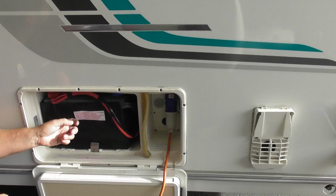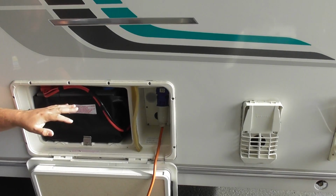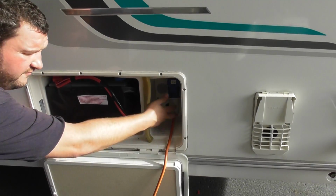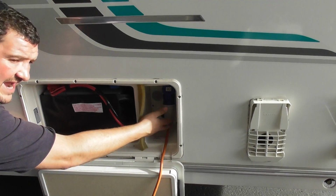There's your battery. So this is your brand new 105 battery, all in, fitted, ready to go. How the caravan works is most of the systems are run off the 12 volt battery. So it's a 12 volt system inside. What the 240 is doing is recharging this battery as you're going along. Oh, right. So when your lights and things are on, it's drawing out the battery, but then your main power...